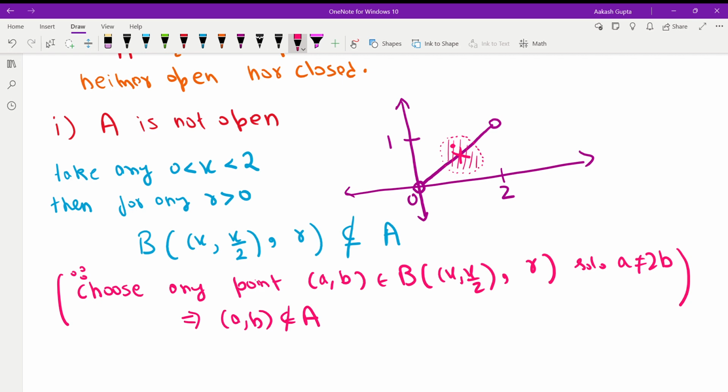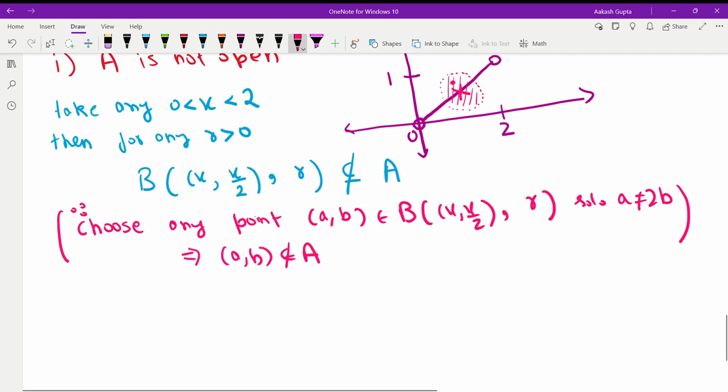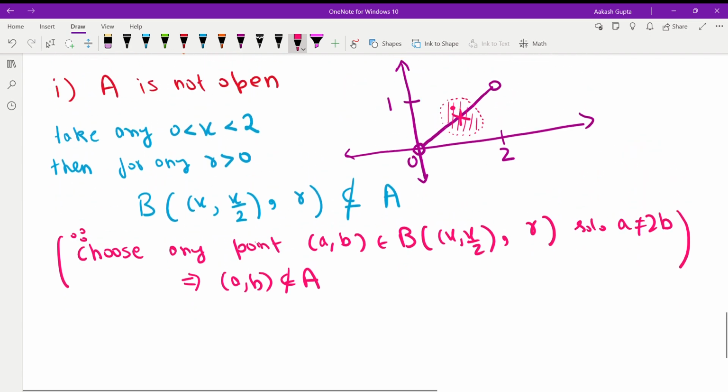I hope you get it. I know you know it, but if you have to be precise, you should know also how to write it. Okay? Now,